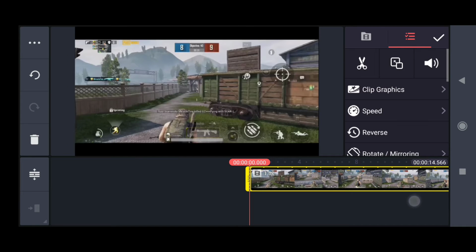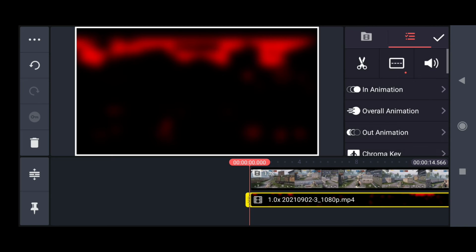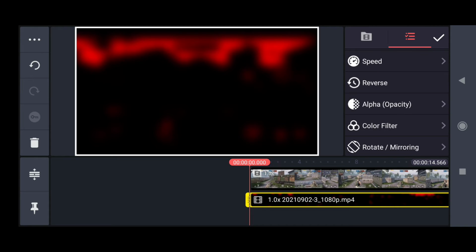So guys, now it's time to import the original video from the media option. Here I am importing the original video from the media option, you can see, and then we will add the exported video from the layer option from here, you can see, and then make it full screen and go to adjustment